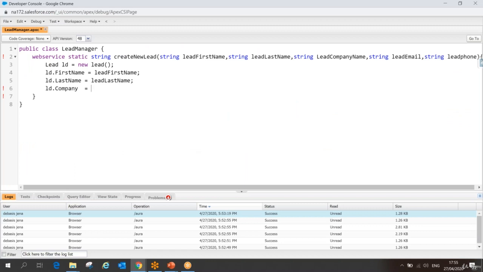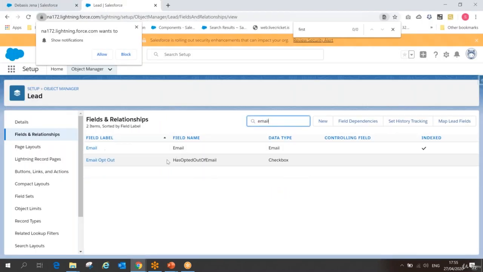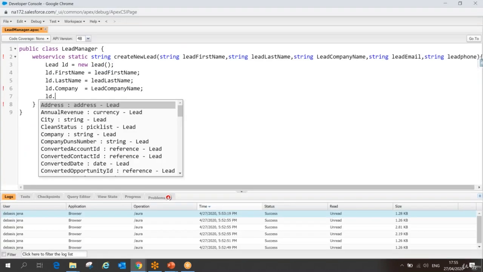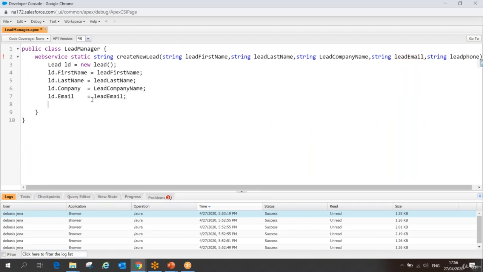Okay, so what I want to set, I want to set as lead company name. Same way I want to set email. You can see what is the email field here. This is my email field. So I'm just writing my logic, lead.email equal to my lead email.